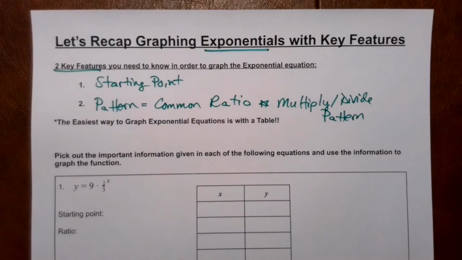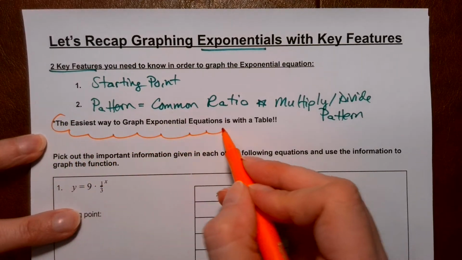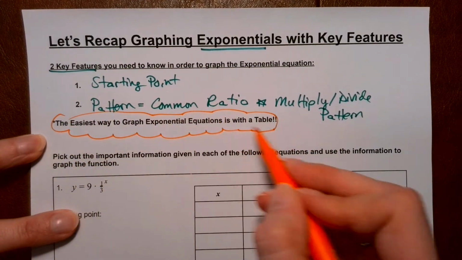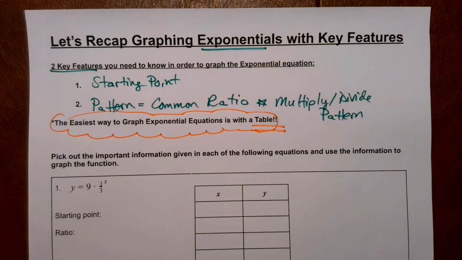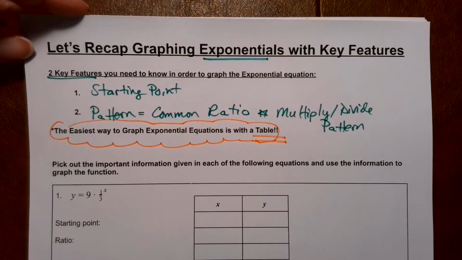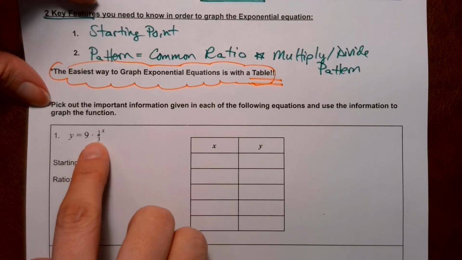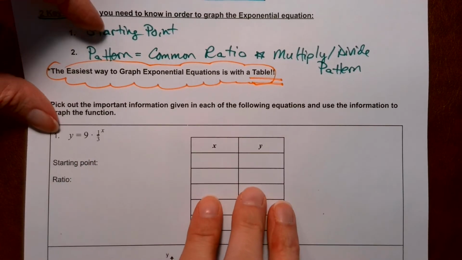The easiest way to graph exponentials is to make a table, because they don't grow constantly, they're curvy. So we need to know exactly the points to make that curve. All right, let's pick out the important information from the equation, and then we'll make our table to draw a